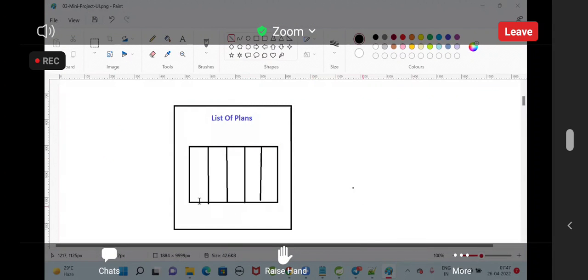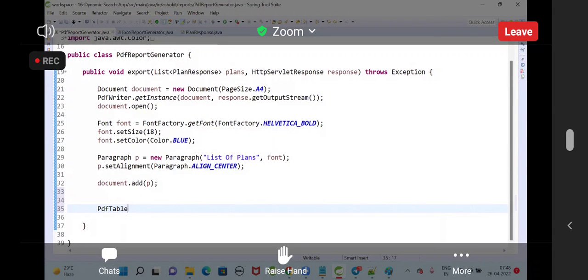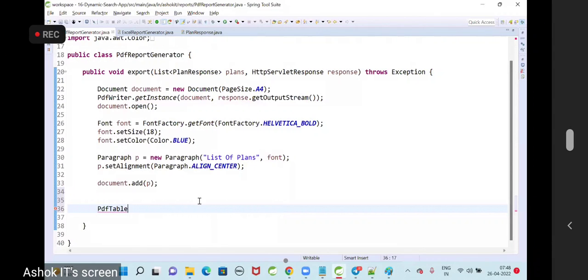In order to create a table, we have a class called PDF table. PDF table is equal to new PDF table of 5. That means I'm going to create a table with 5 columns.